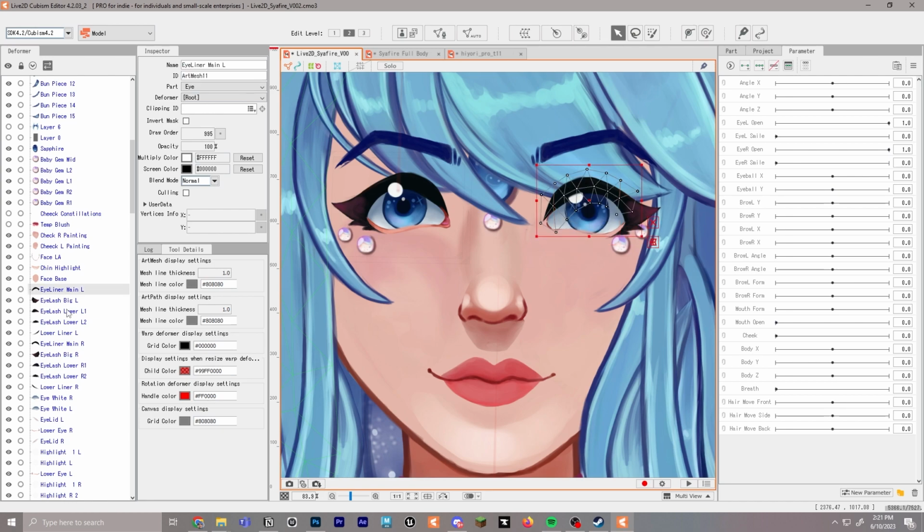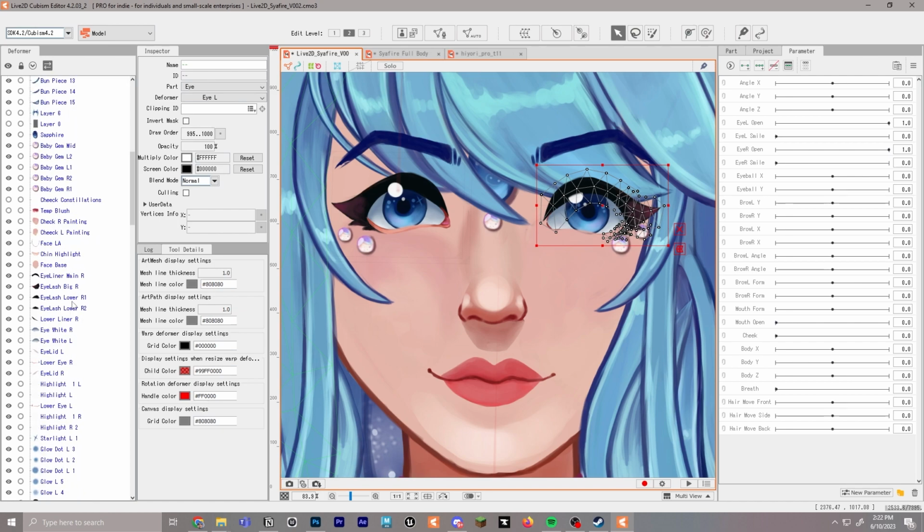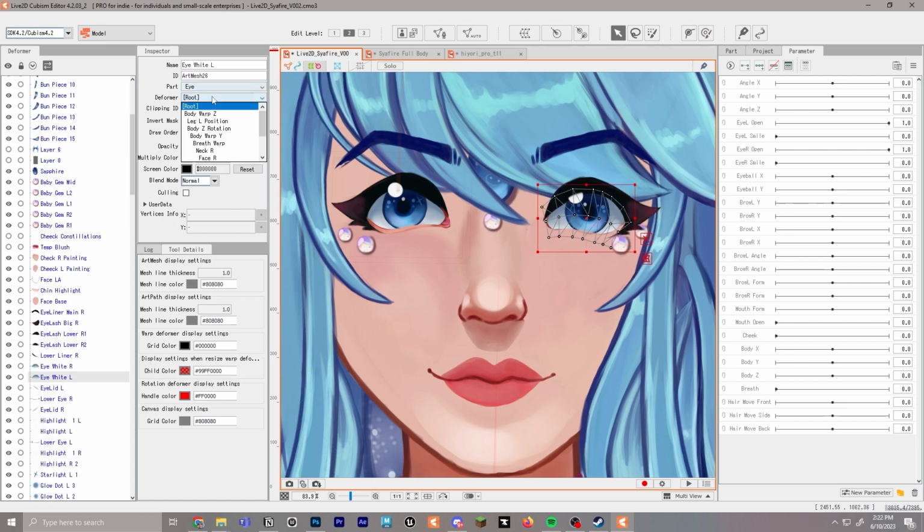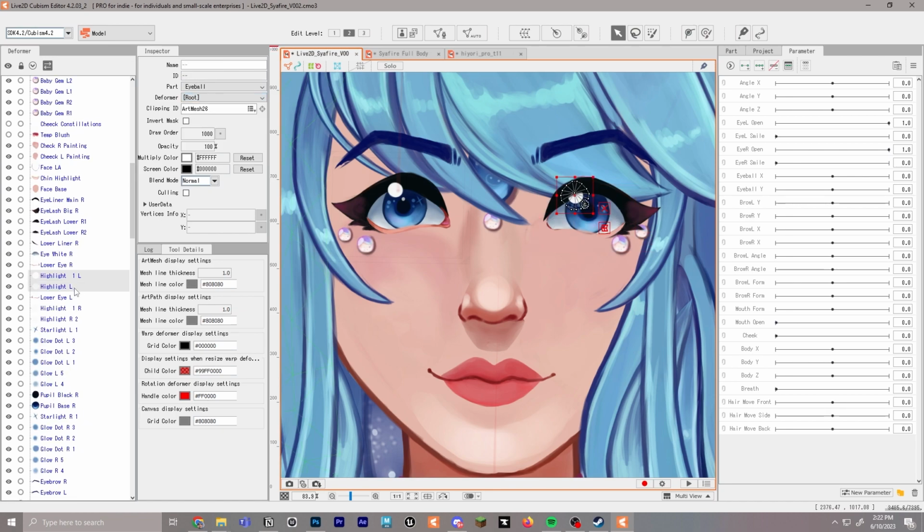I'm going to scroll back down, and all the left eyeliner is going to go into the whole eye, IL, and the deformer for all the eyeliner is going to go into IL. Let's scroll back down here and see what else we have left for the left eye. The eye white will also go into the whole eye deformer. Here are the highlights for now. For the lower eye, I'm also going to drop that into the IL,